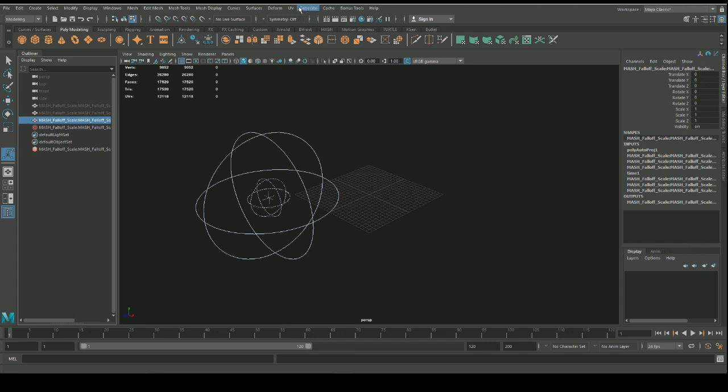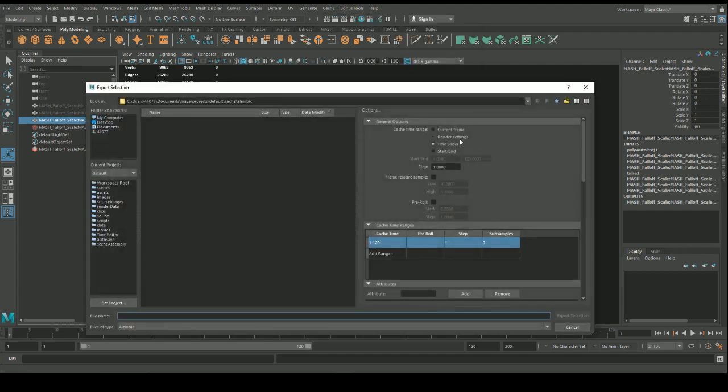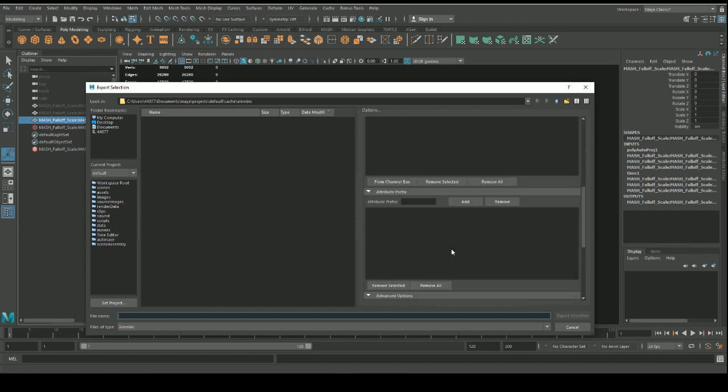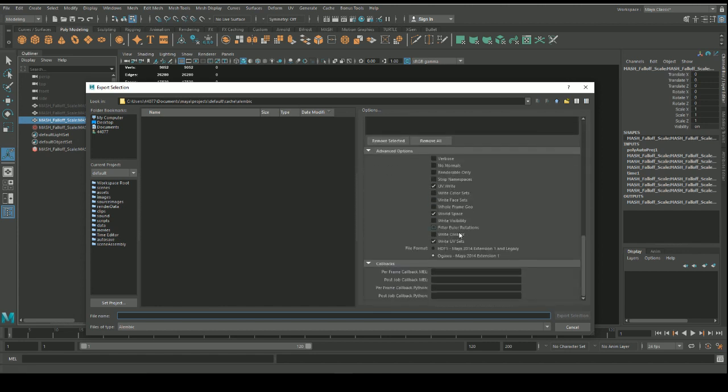I'm now going to go to cache, Alembic cache, and export that selection to Alembic. Now, I want to use my time slider, which is 120 frames. We know that animation worked really well for us. It appeared and disappeared. We can loop that. That's cool. I also want to make sure that down here we have UV right, right UV sets, and world